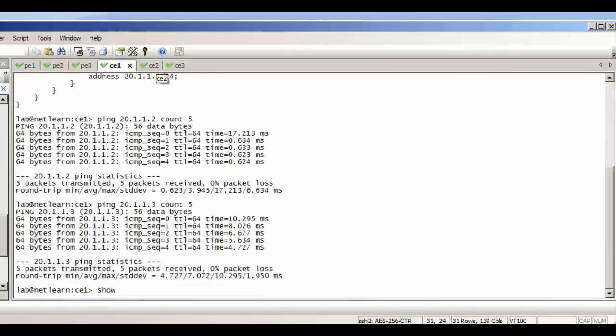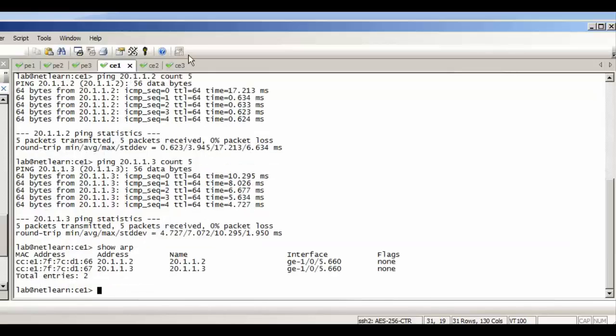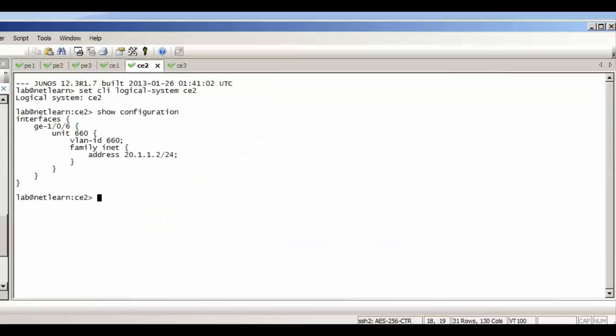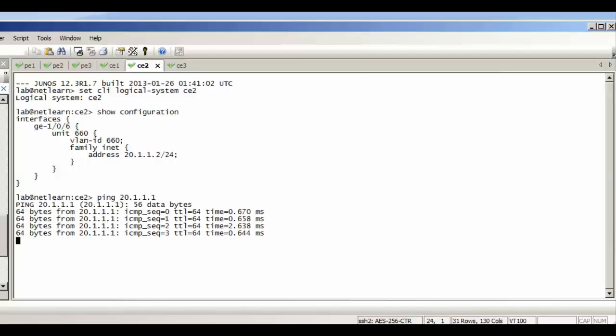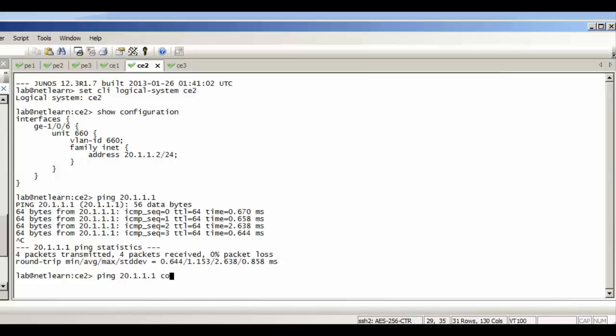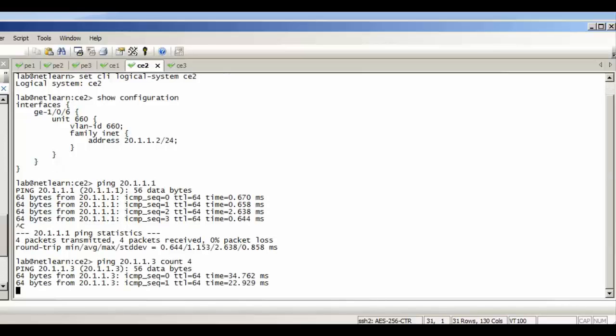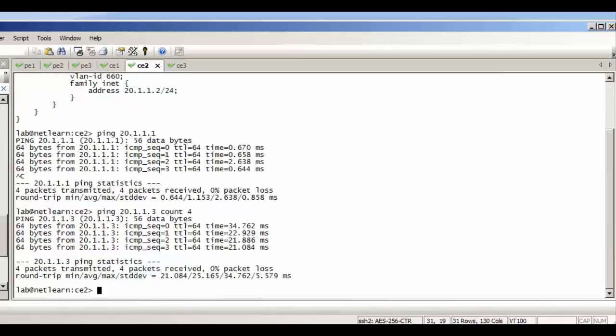Okay, it's up. Then to PE1, and then to PE3. Okay, connection established from CE2 to CE1, CE2 to CE3.